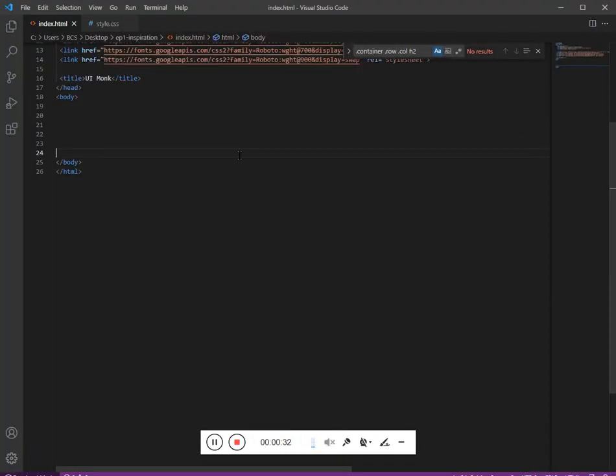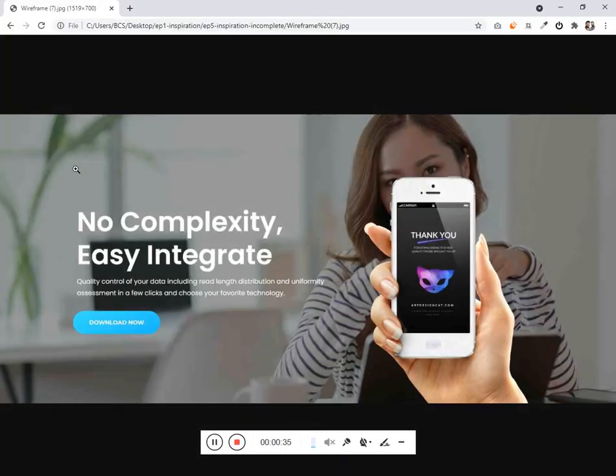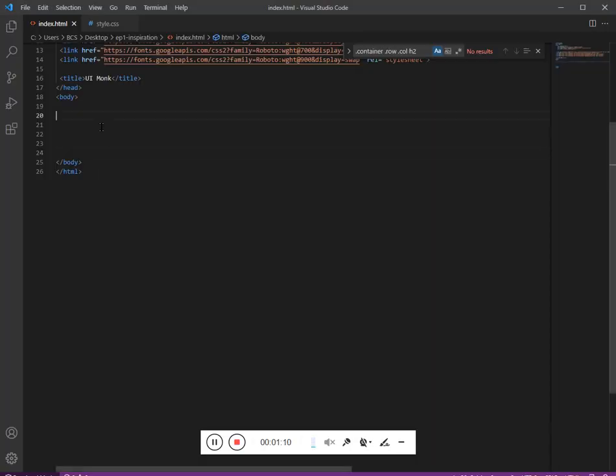Now just to give you an overview, we have a container, and inside the container we have the padding, and inside the container we have a row. This is the complete row. Inside the row we have a first column which is 60% wide and a second column which is 40% wide. Inside the first column we have an H2, paragraph, and button, and inside the second column we will have an image holder div, and inside the image holder div we will have the image. Fine, now let's get into the code.